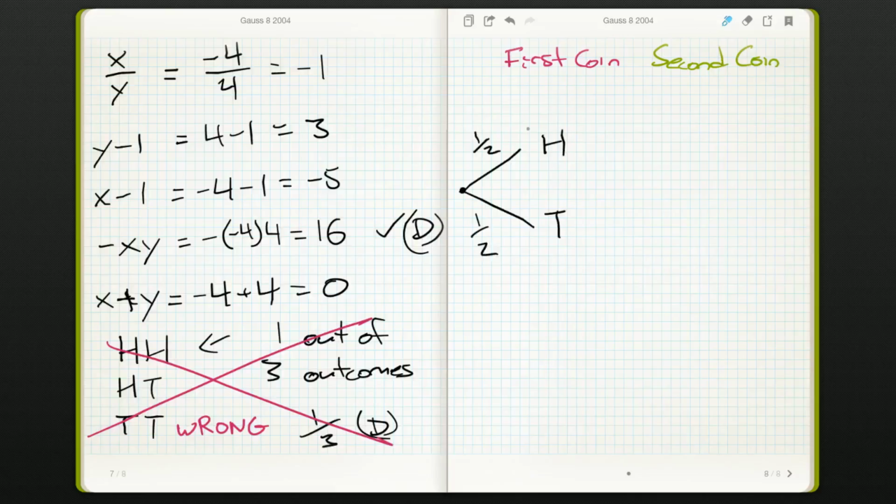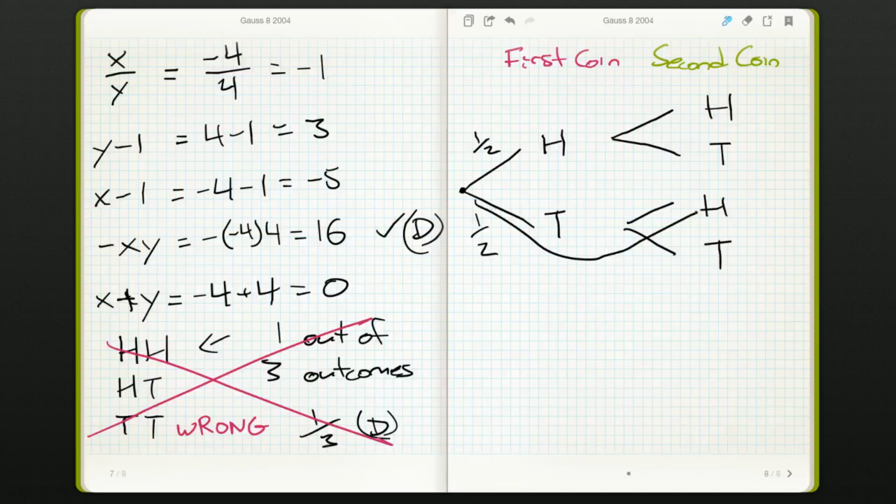Now, no matter what the first coin is, the second coin is sort of independent. It doesn't care what happened to the first coin, so it can also be heads or tails. Okay, with both outcomes. So either the first coin was tails, and then the second coin was heads, that sort of thing. And the second coin's probabilities are still a half. A half we can get heads there, a half we can get tails there,